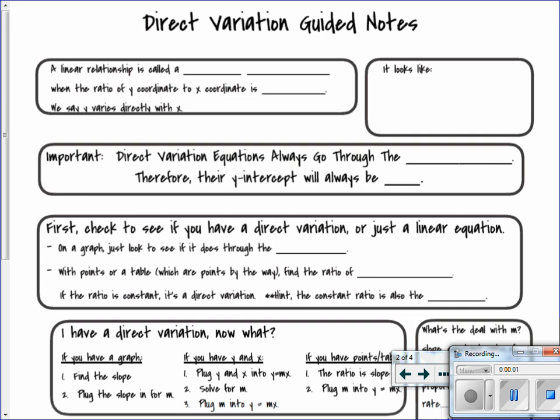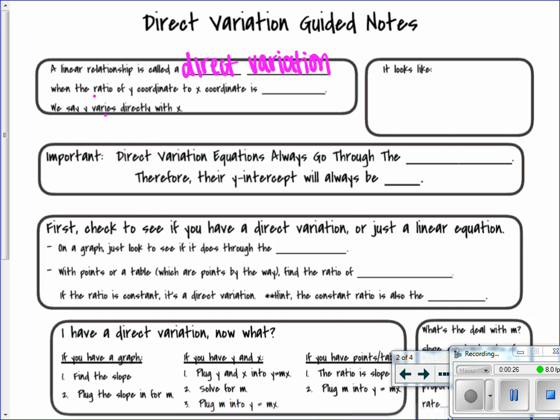Y'all have already done direct variation. Does that phrase sound familiar to anyone? Raise your hand if it sounds familiar. Okay, so y'all did learn about it. Maybe you just didn't hear the term direct variation, but a linear relationship is called direct variation